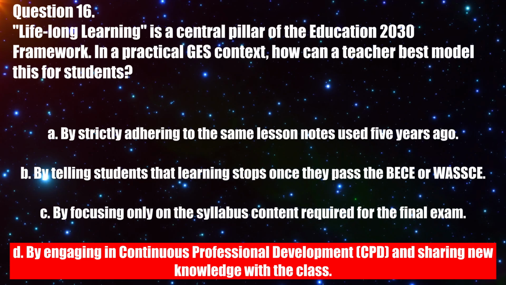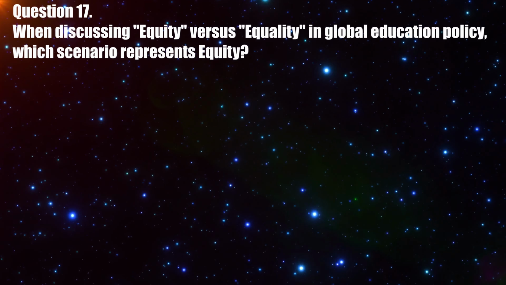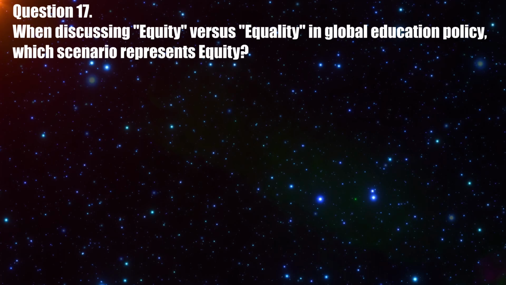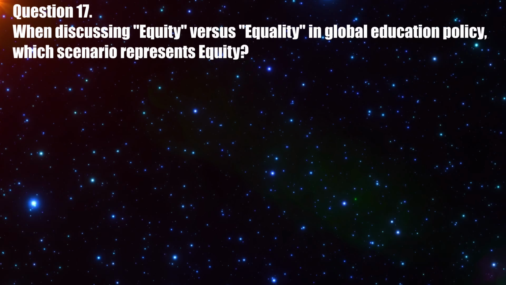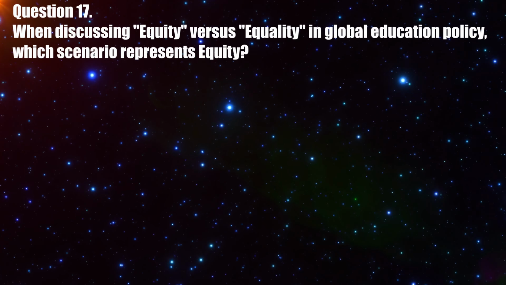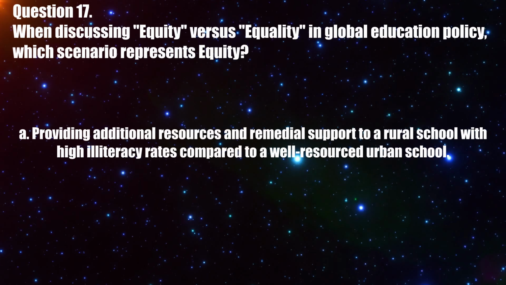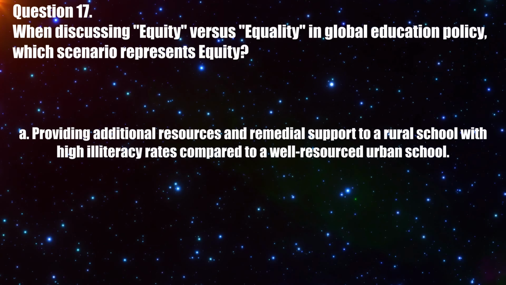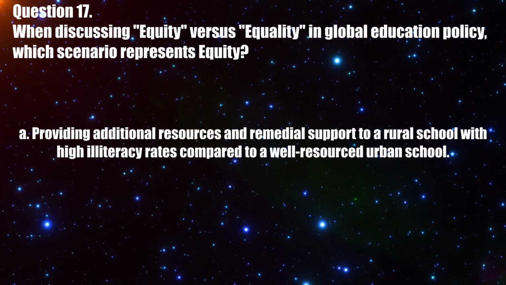The correct answer is D. Question 17. When discussing equity versus equality in global education policy, which scenario represents equity? A. Providing additional resources and remedial support to a rural school with lower literacy rates compared to a well-resourced urban